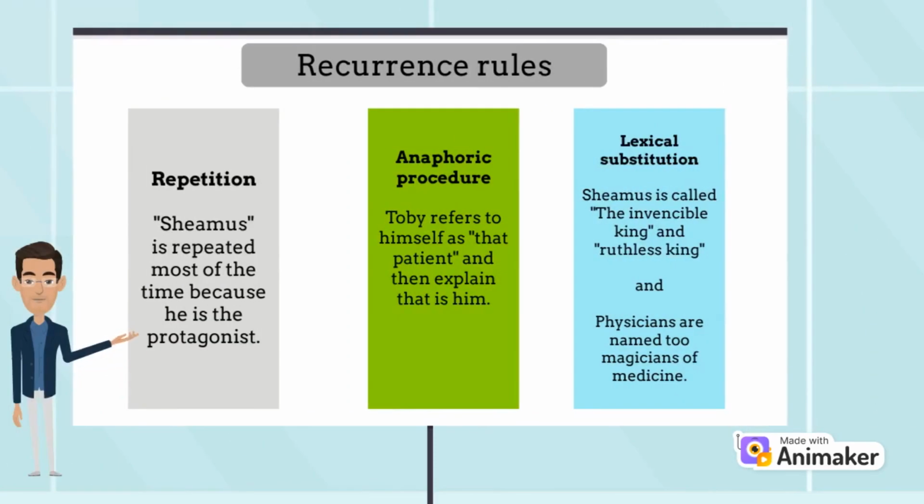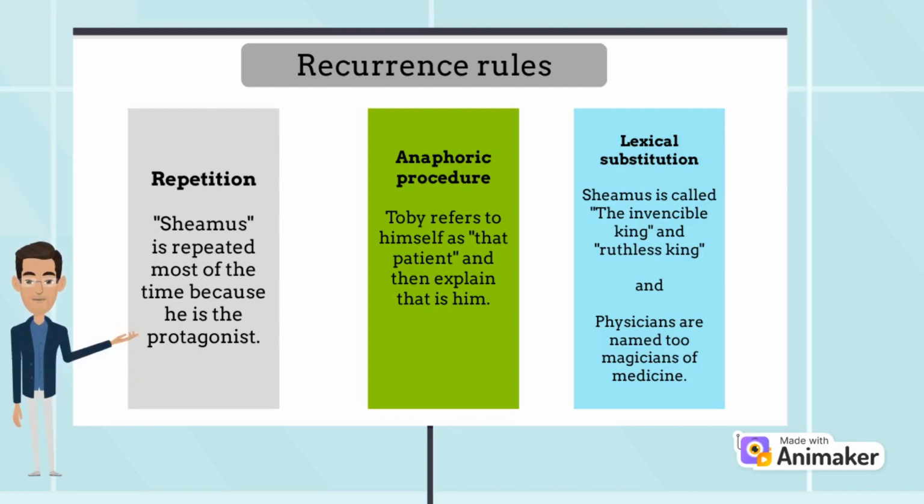In the recurrence rules, we have a repetition with Shamus, as the protagonist, indicating his importance in the history, and an anaphoric procedure of Toby referenced as the patient and explaining that it was him in the text. Finally, with 2 examples of lexical substitution of Shamus as the Invincible King and Ruthless King, and another of physicians